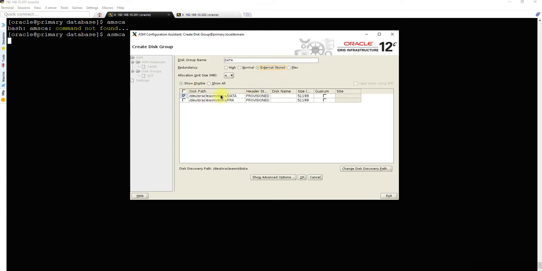We will select the disk and present this physical disk to the logical entity. A disk group is a logical entity which contains multiple disks. Make sure you are clear about it, okay. Say okay, let's create it. Wait for some moment, it will be done.